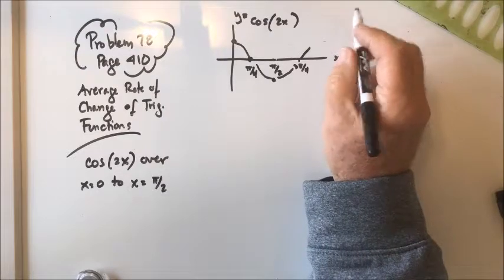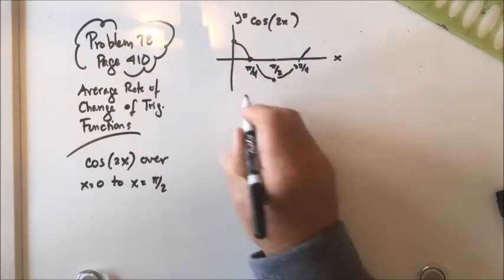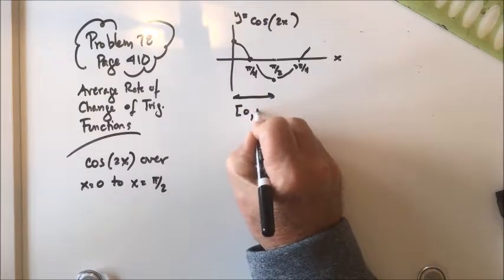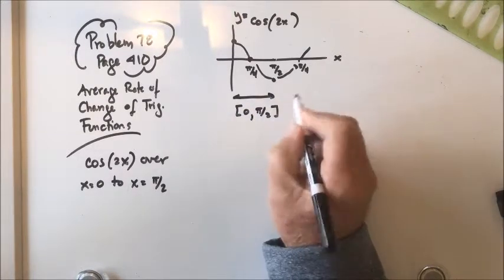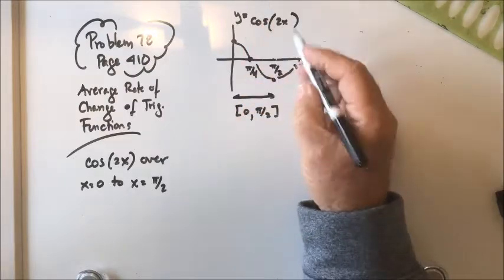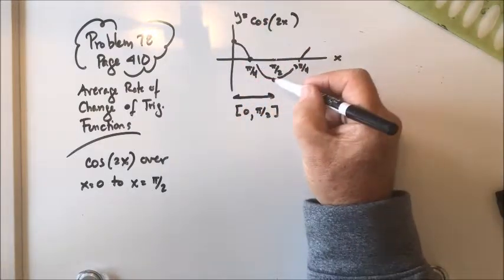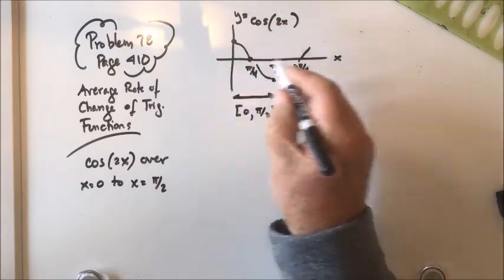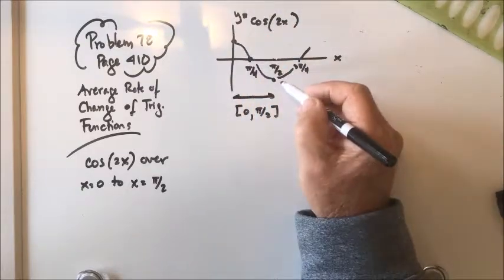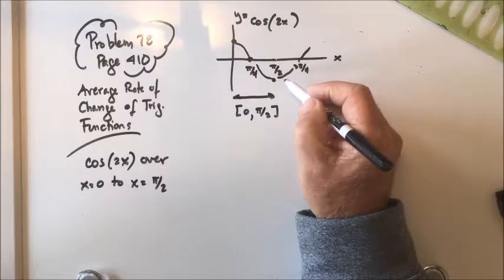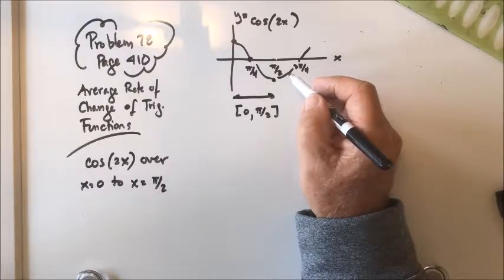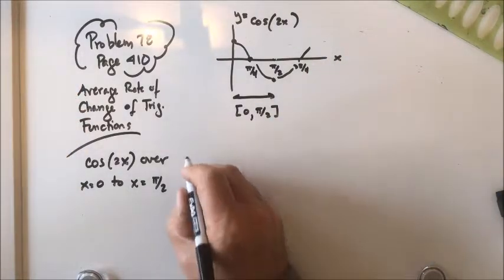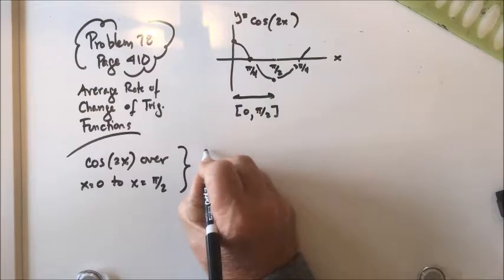So again, what we've been asked for is, what is the average rate of change over this interval from 0 to pi over 2? What I want you to see is that it starts out positive, it ends up negative. So the function is decreasing the entire time. So the number we're looking for is a negative number, right? Let's go figure out what it is from there, because the average rate of change,